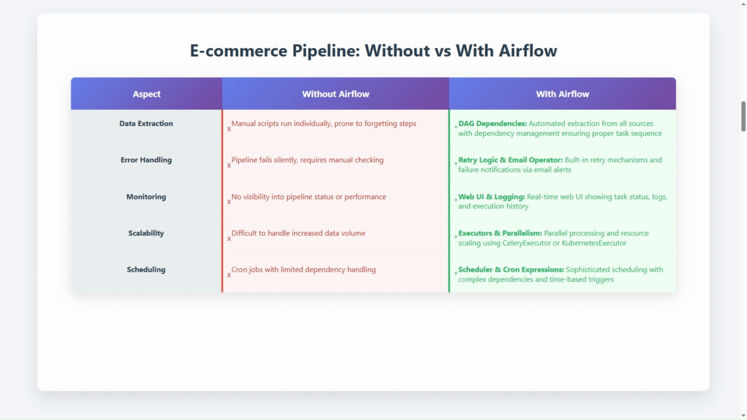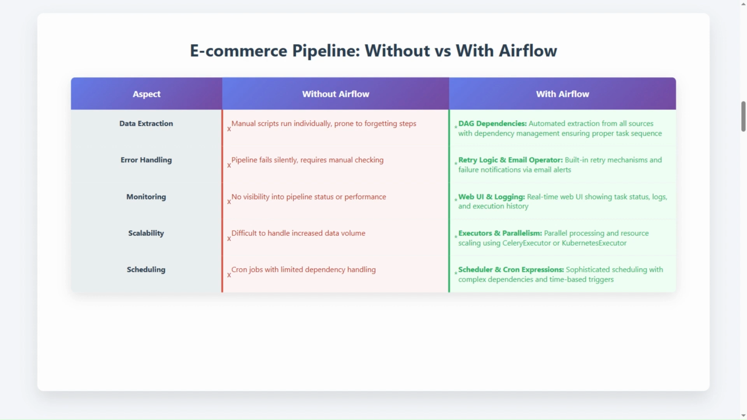Here's our e-commerce pipeline comparison, without versus with Airflow. Looking at data extraction. Without Airflow, you have manual scripts run individually, prone to forgetting steps. With Airflow, you get automated extraction from all sources with dependency management. This is solved by Airflow's DAG functionality, which ensures tasks run in the correct order and wait for dependencies to